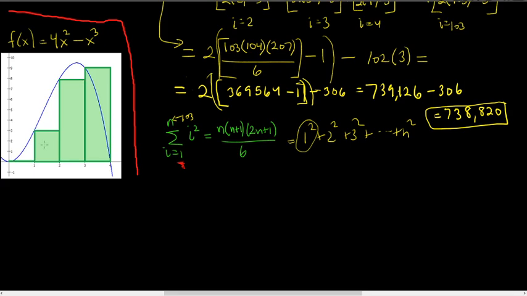So what are the areas of these rectangles, right? So this is the area here, right? Under the graph of the function f of x equals 4x squared minus x cubed, right? And we're going from x equals 0 to x equals 4,